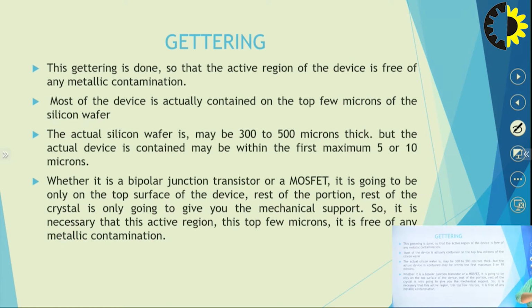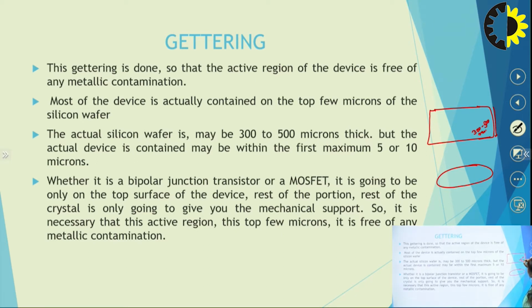Next is gettering. The gettering is done so that the active region of the device is free from metallic contamination, and most of the device is actually contained in the top few microns of the silicon wafer. Suppose we have this silicon wafer, it is actually a disc shaped structure. The total wafer size is, suppose, 300 to